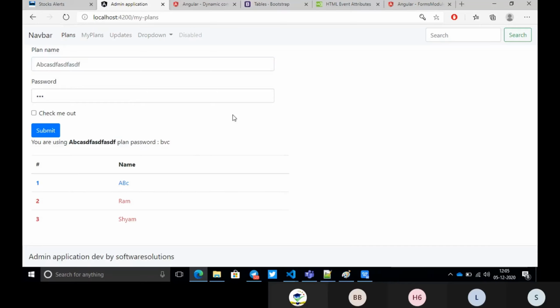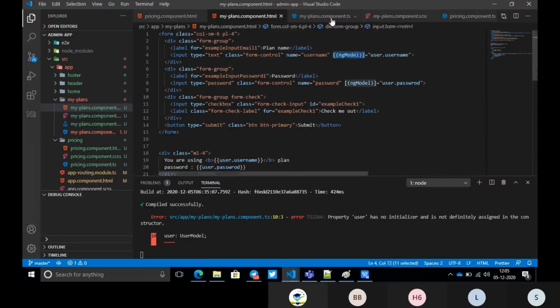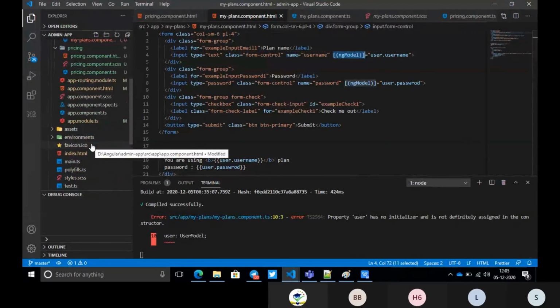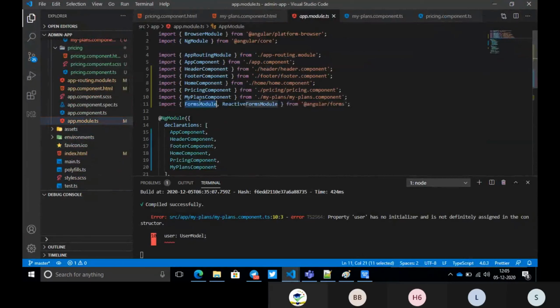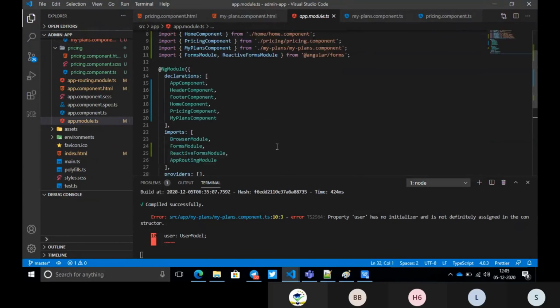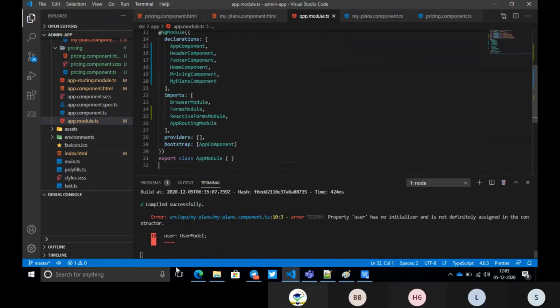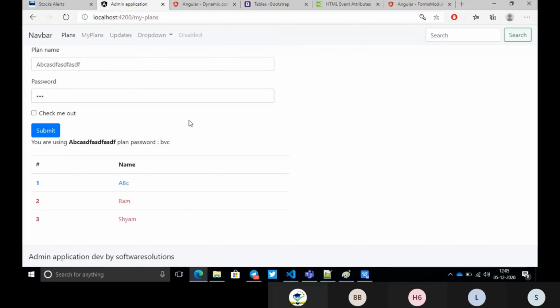So this is how you should use it, and I'm saying again, whenever you are using ngModel, you need to import, let me go to the app component. Okay, you need to import these two modules: FormsModule and ReactiveFormsModule. You need to import them in the app module, and just restart the project. Don't just add it and reload if it's not working. Just stop your project and start it. It will work fine.